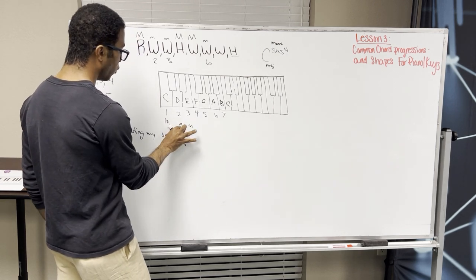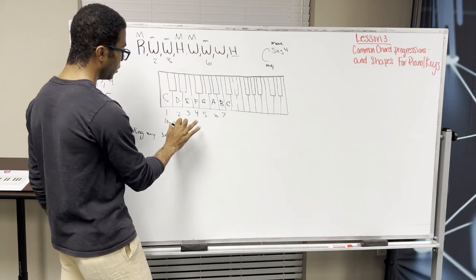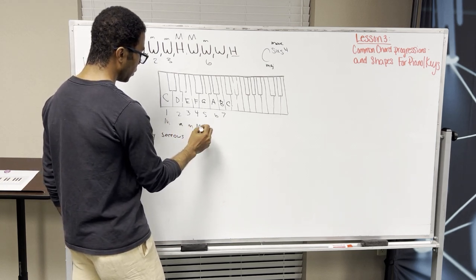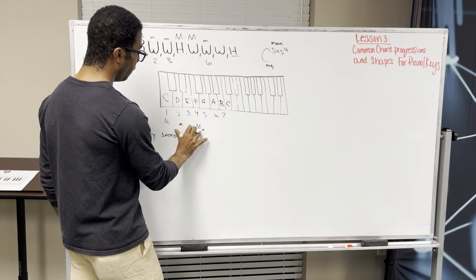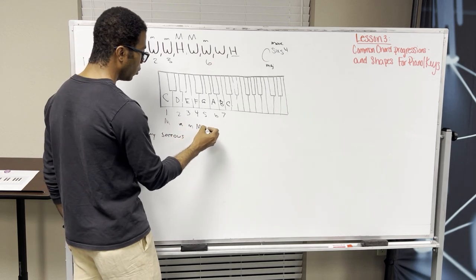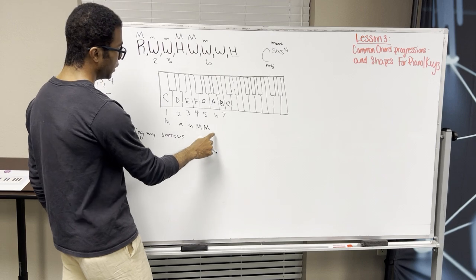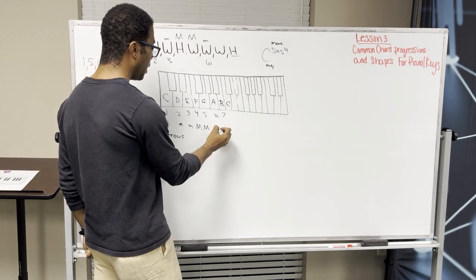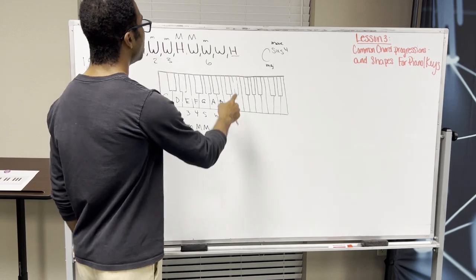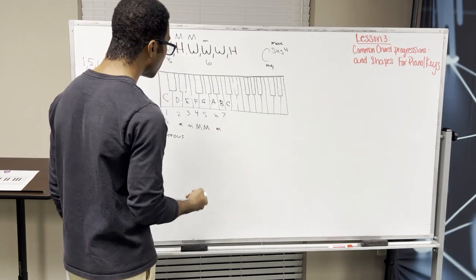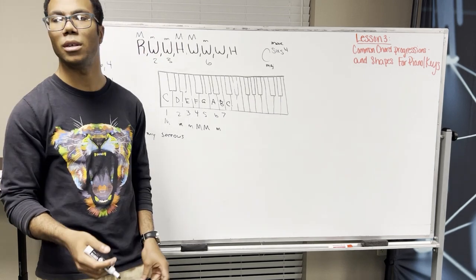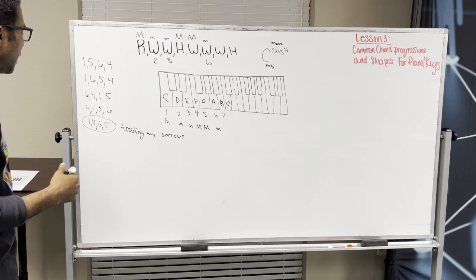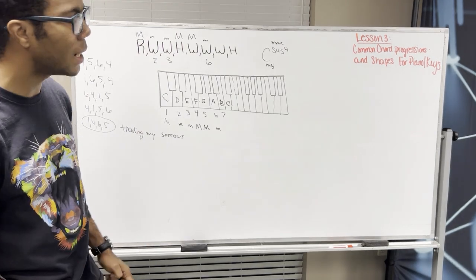We come to that 4, that sus4 shape again. 4th finger, we're back at a major. Once again, 5th, 1, 4, 5, another major. 6 is not a 1, 4, or 5, so it is a minor. And the 7th note of this scale is a diminished. We will get into that at a different time, but for the sake of time, we will just say that we play a 5